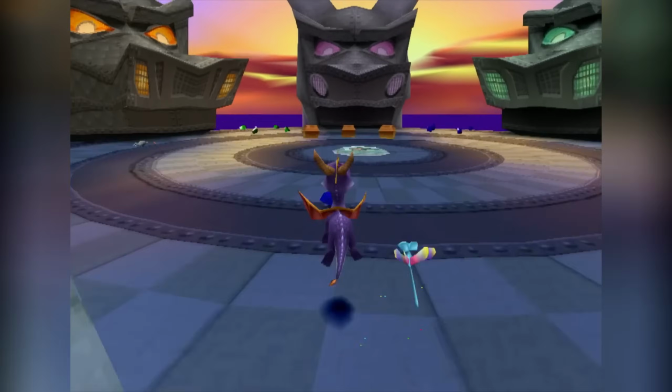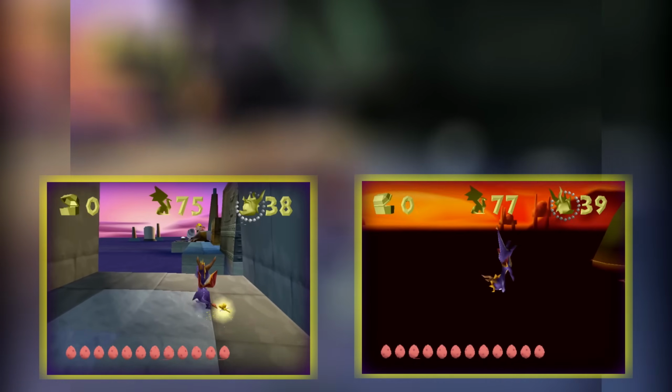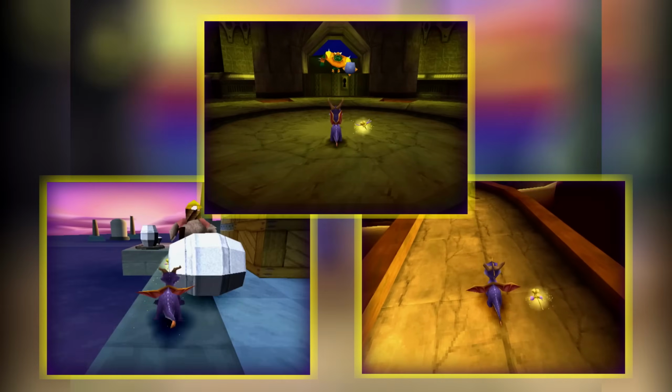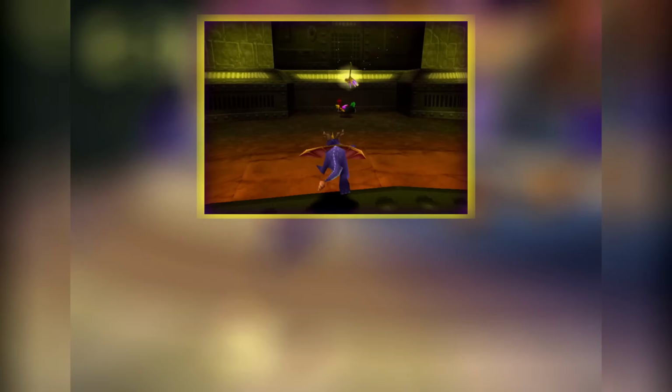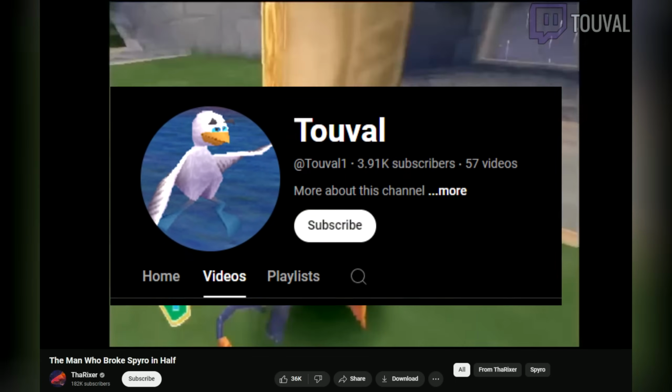When you enter the final hub of the game, you normally have to complete Nork Cove and Twilight Harbor to unlock Nasty Nork, the final boss fight of the game. However, in 2013, a legendary strat hunter named Tuval, known by many as the man who broke Spyro in half,